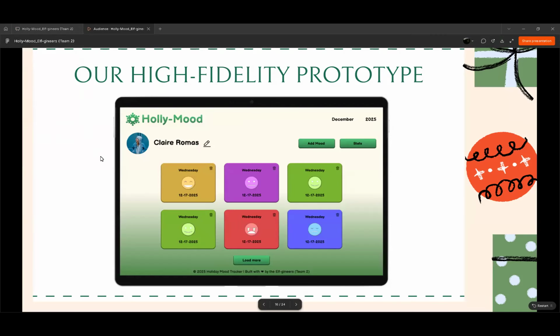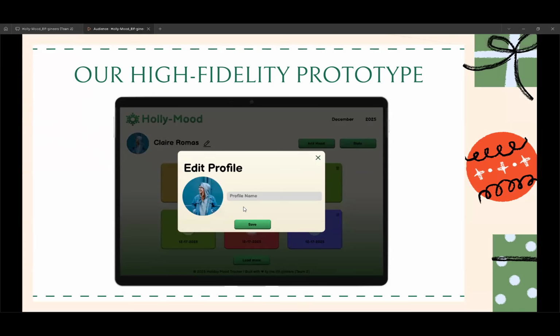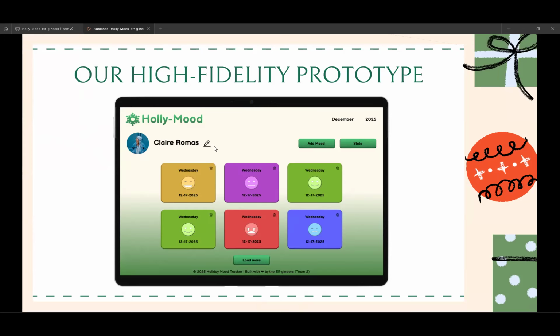So after implementing these changes to the design and the user experience, we created our high fidelity prototype. Users can edit their profile. So if you click the pencil, you can put in your profile name and change it. You can also log your moods. So if you click the add mood button,